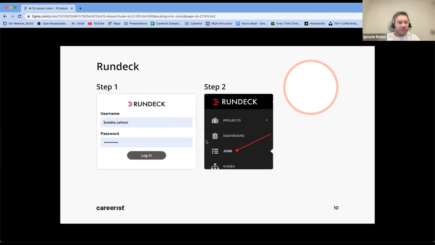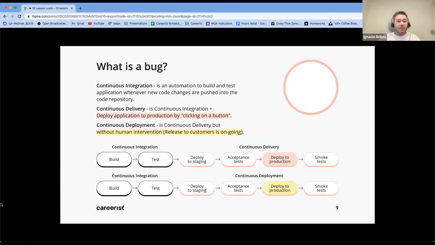What is the acronym of CI/CD? The words continuous integration, continuous deployment, or continuous delivery. That's the CI/CD. Okay,